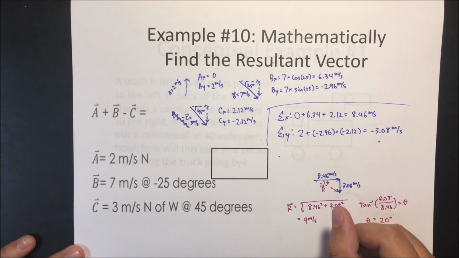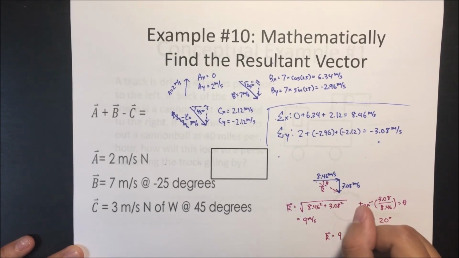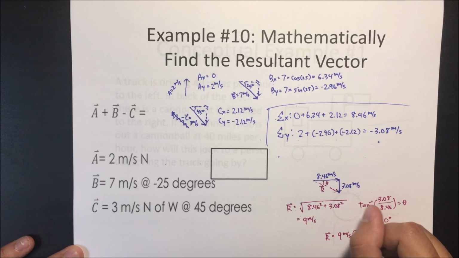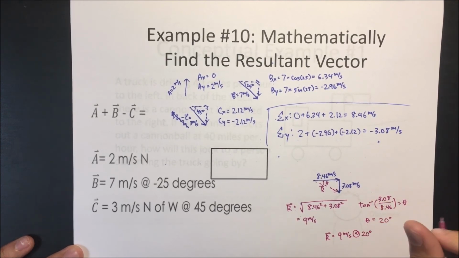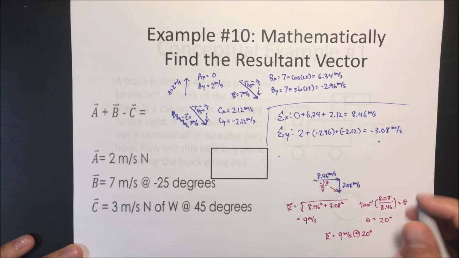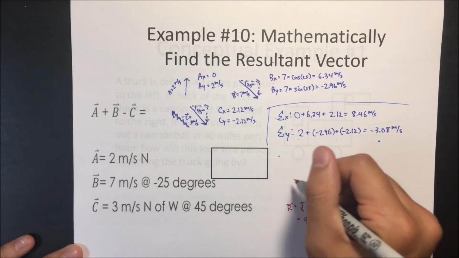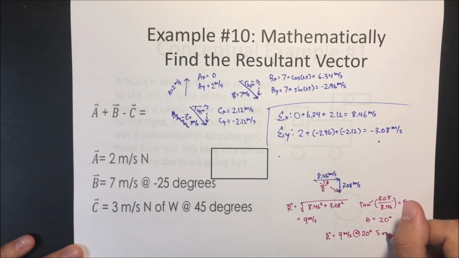And then what we get is the resultant vector is equal to 9 meters per second at 20 degrees. And we call that south of east, since this is going to the east and we're going south of